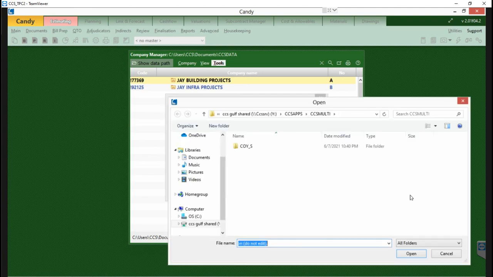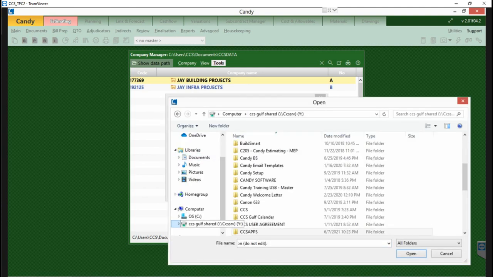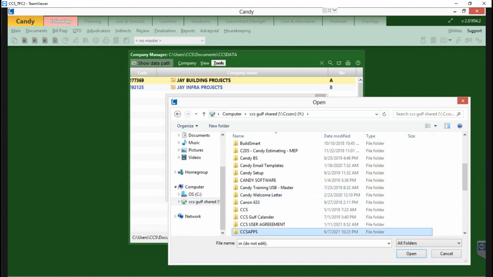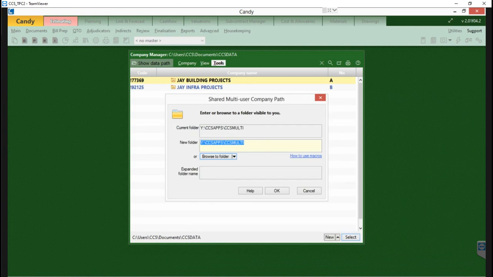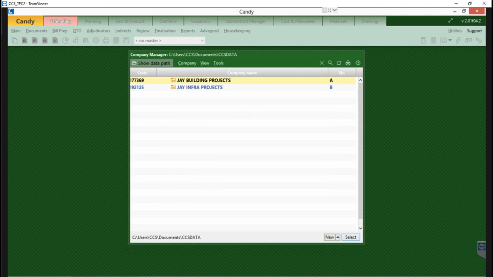In our case, the path should be on the server within the CCS apps folder, the CCS multi, and I've mapped that path with a drive name Y. So there you go. We've pointed to the CCS multi folder. I've made sure that Jay's machine is also pointing to the same CCS multi folder on our network. Click on OK. So now that we've pointed him to the right folder, the next step in the process would be